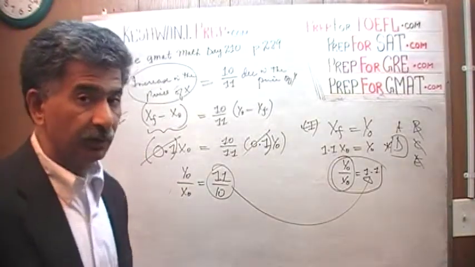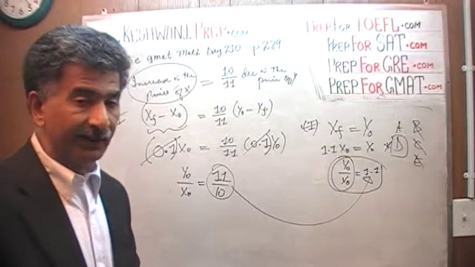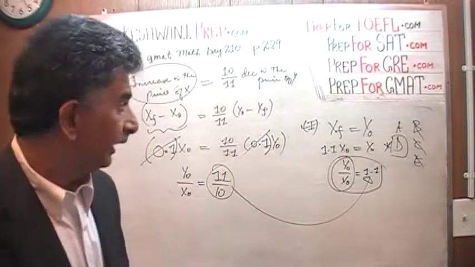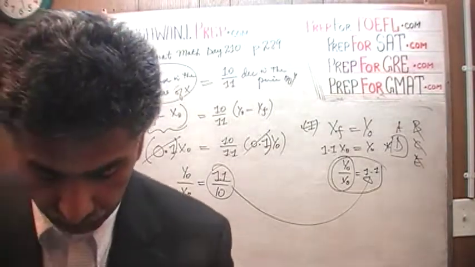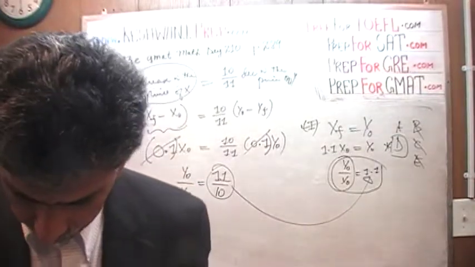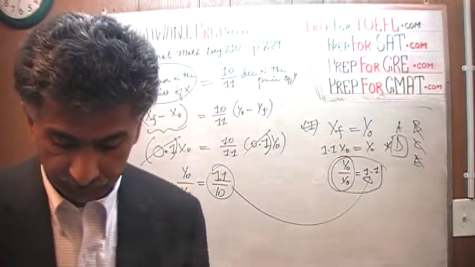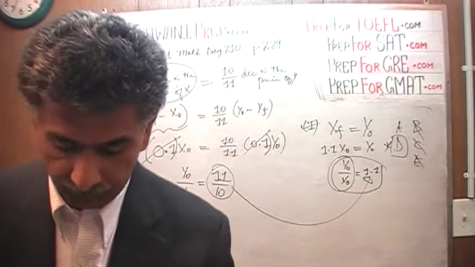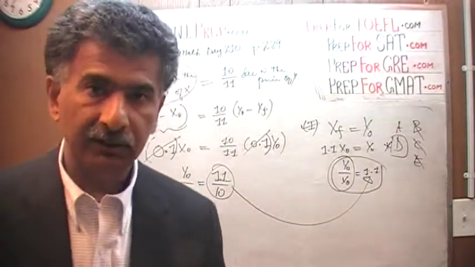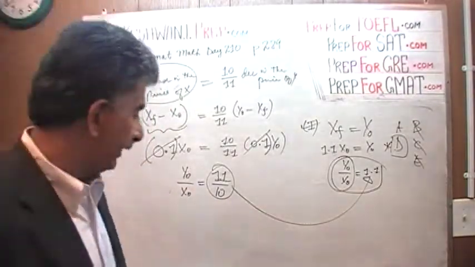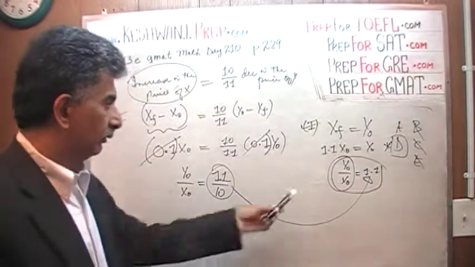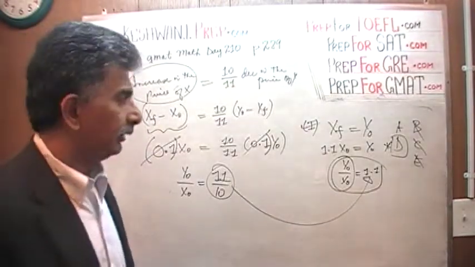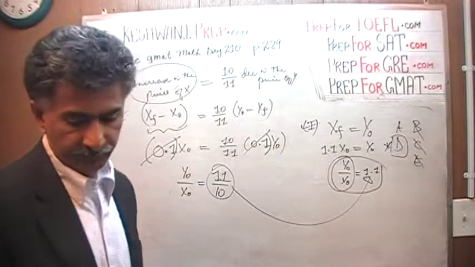Now this is not the ratio that they're asking in the problem, they're asking something else. But in order to find the ratio that they're asking for, which is the ratio of the final price of y to the original price of x, as we found out, that ratio equals 9/10 of the original price of y to the original price of x. So once we know that part, we can answer the question. Second statement by itself is also enough. The answer is